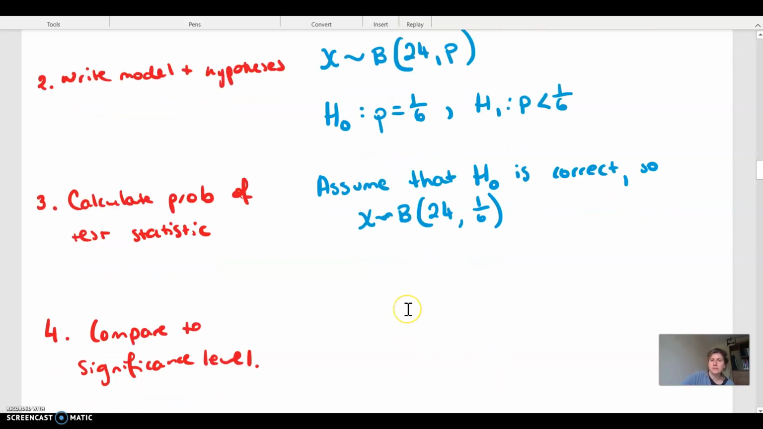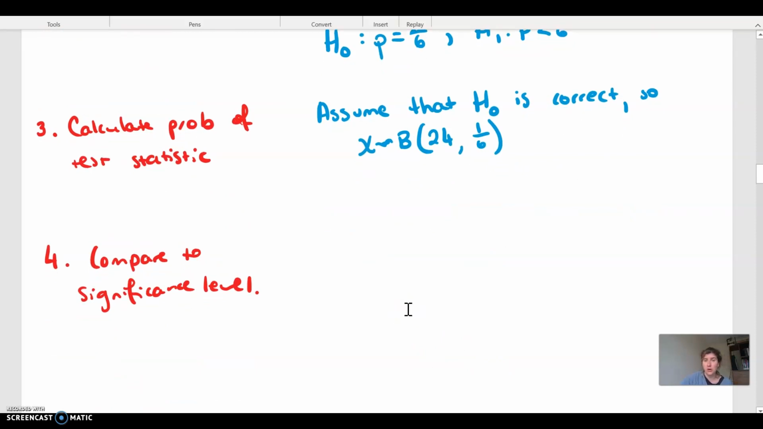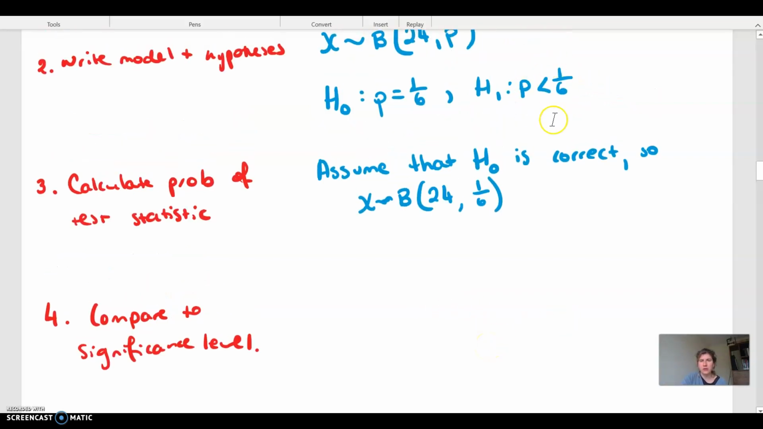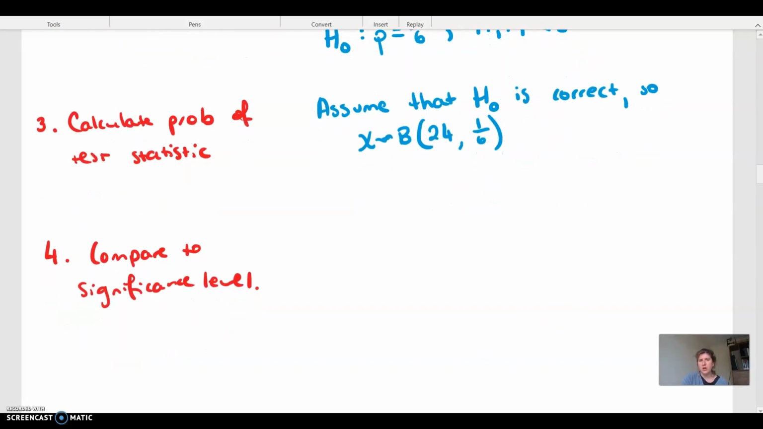To calculate it, we then need to calculate that binomial distribution. And in this case, we're going to look at a cumulative distribution. Whenever you're doing a hypothesis test, you're always looking at a cumulative distribution, and it depends on whether your alternative hypothesis is a greater than or less than. So we are going to look at the probability that x is less than or equal to 1